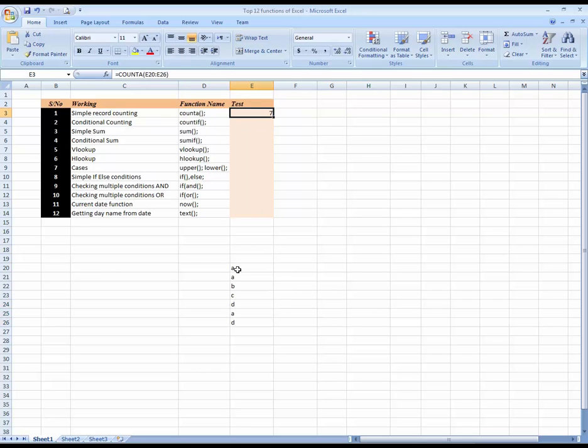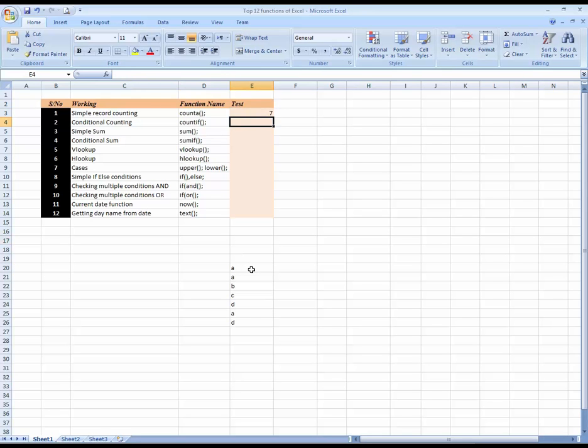Okay, justified. And the second one is conditional counting. Now I want to count how many letter A are there.